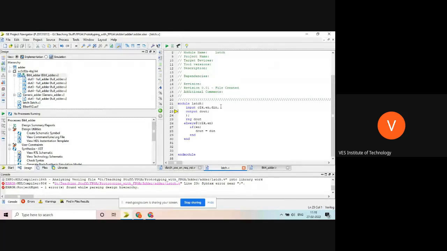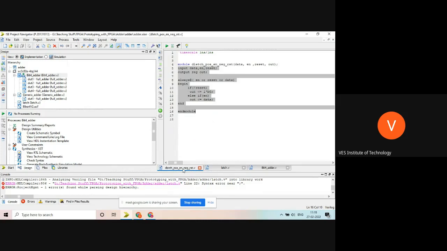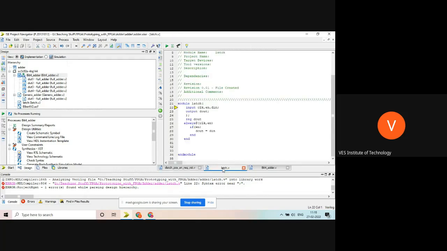Yes. Here we need input clock enable D in. What's gone wrong here? I have to write something in a different way. Nothing wrong is written. What is the error?